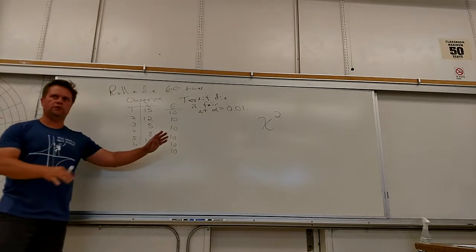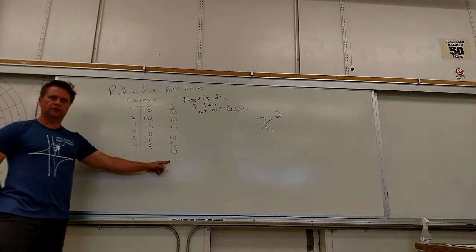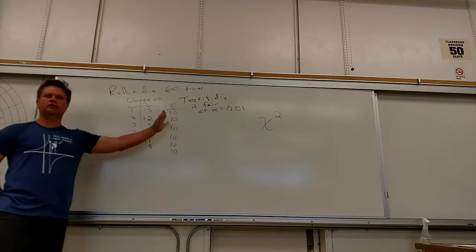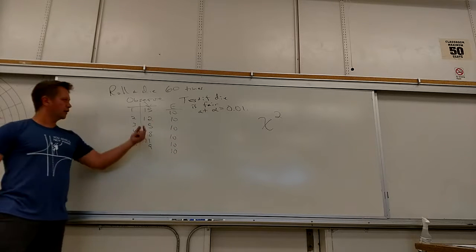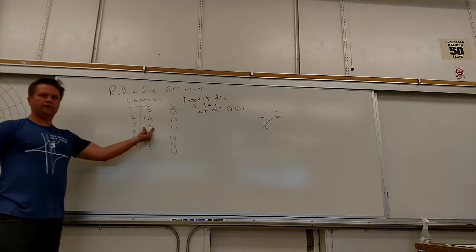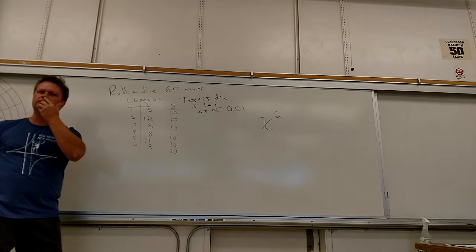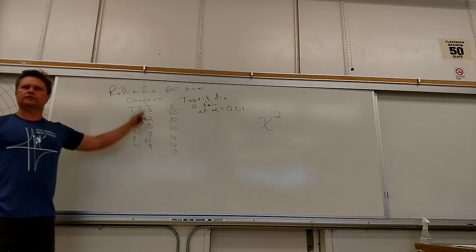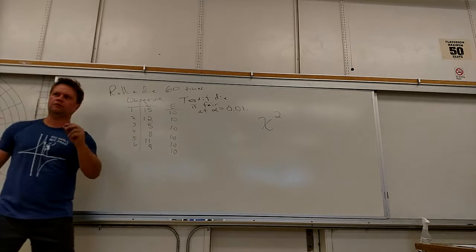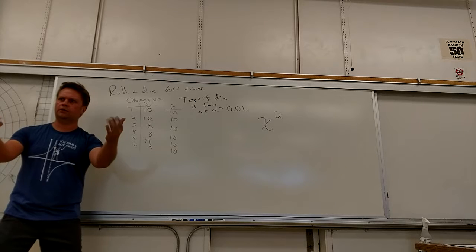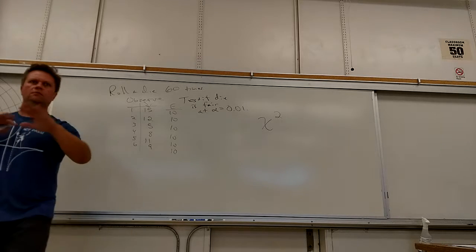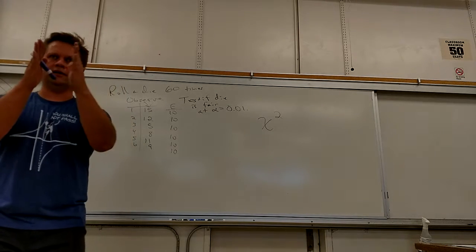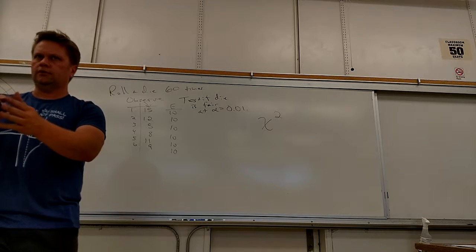You guys with me? This is theoretically what we'd expect. If I got a 9 there and an 11 there, even a 13 somewhere, I wouldn't freak out. But you see that 5 there? Now I'm wondering, is that enough evidence to say that this die has been tampered with? You guys start to see what's happening. So there's a mathematical way to determine what enough evidence is.